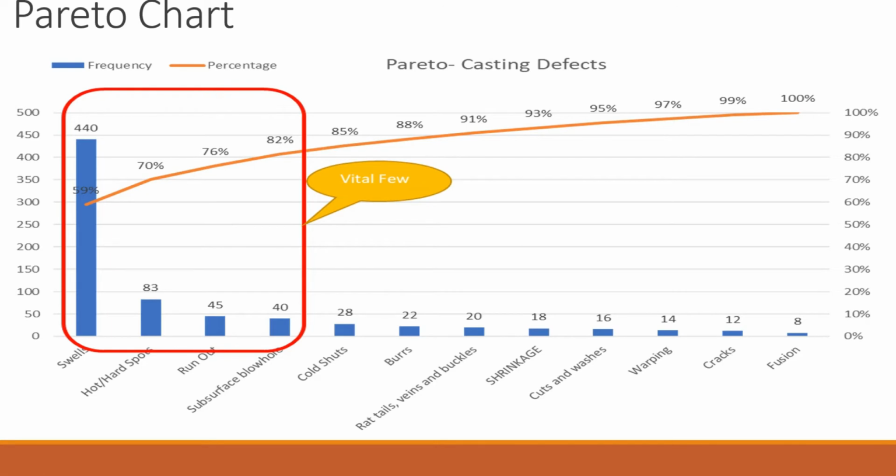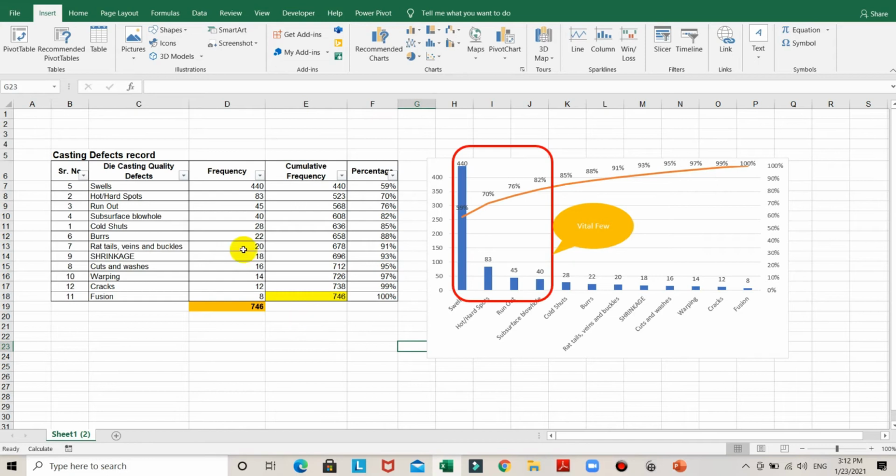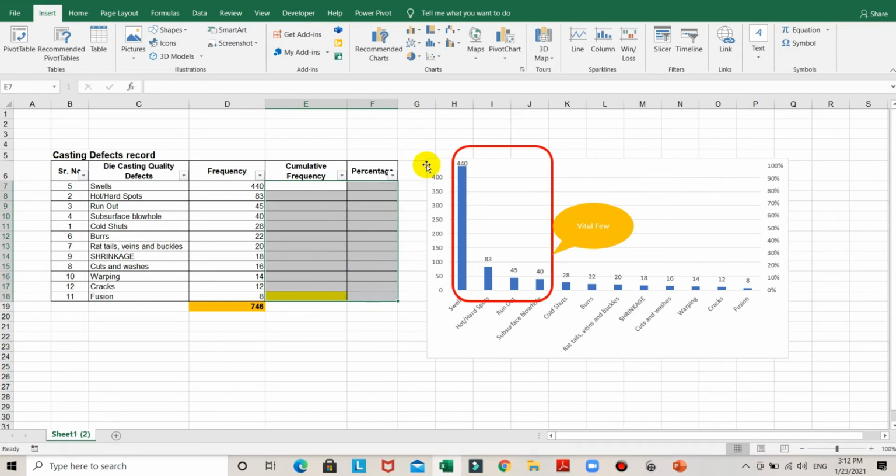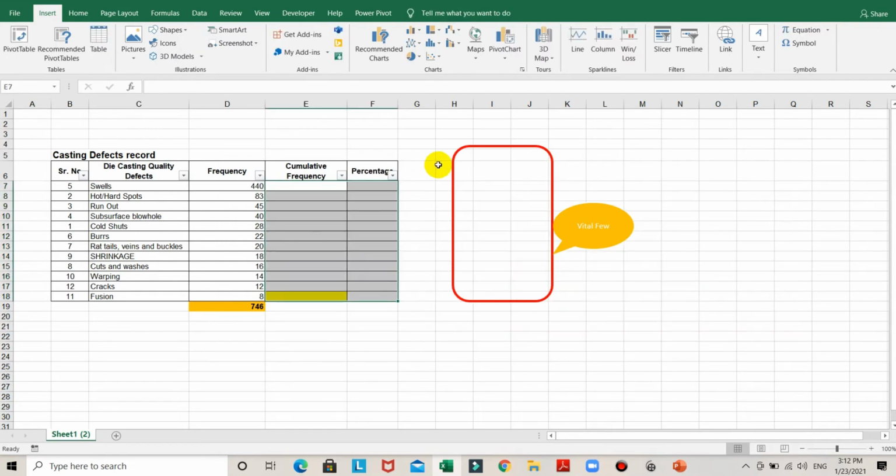So let's discuss in Microsoft Excel how to create the Pareto chart. Here you can see the same example. We have already created the Pareto chart using this data, and now I will just delete the cumulative frequency and the percentage which was calculated earlier, and we'll see how to build this chart from the start.